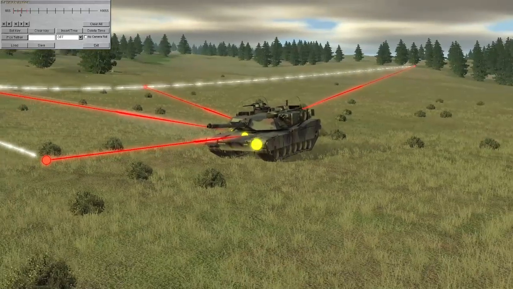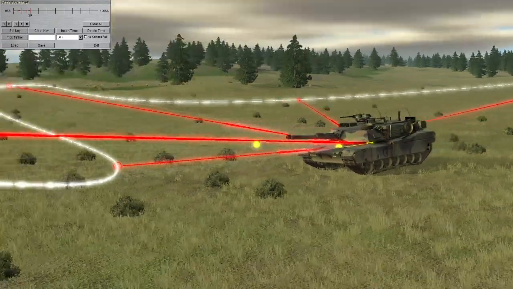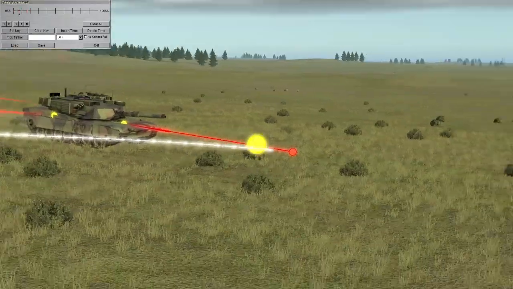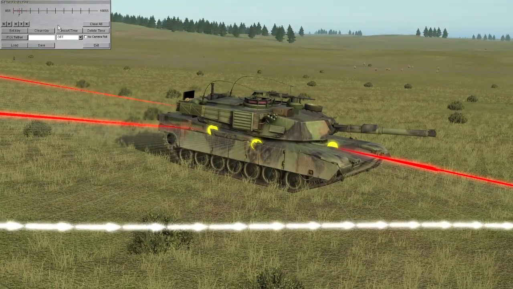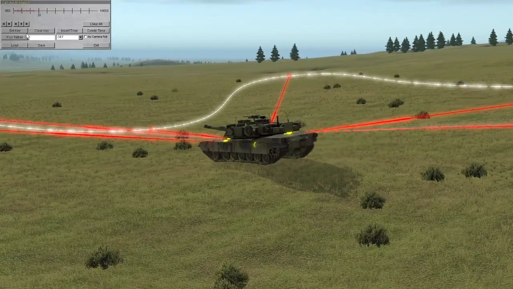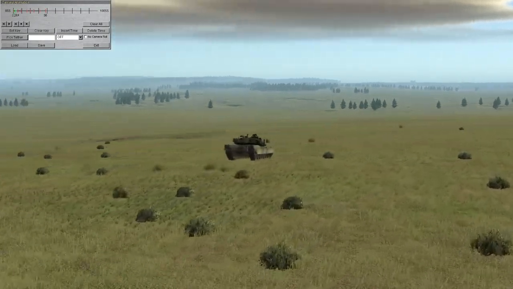Add a third or more keyframes, and SteelBeast will define a soft spline path. With fast and slow movements combined, the spline tends to overswing around keyframes. You can edit these out in your video editor, of course, but by adjusting a keyframe in position and by inserting a few more seconds between frames, you may be able to smoothen the camera path.